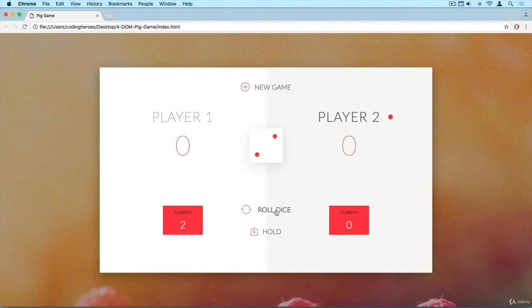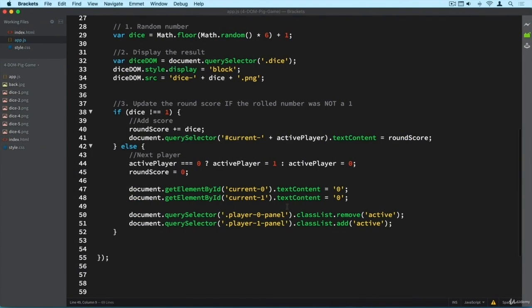Okay? But now you saw that I rolled a 1 before. I actually clicked a bit too fast here, but the player didn't change. And of course it didn't, because we didn't tell the code to do so. So let's go back. And one way that we could do this would be to say, alright, if the active player is 0,